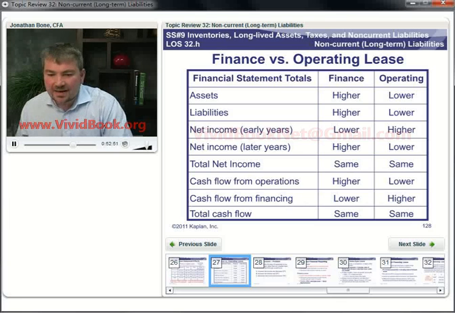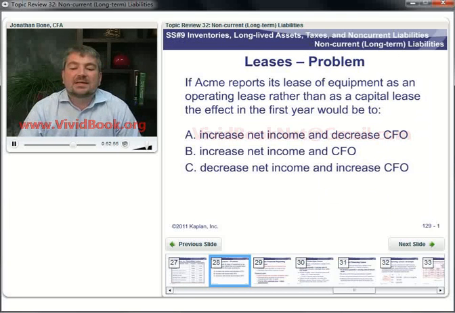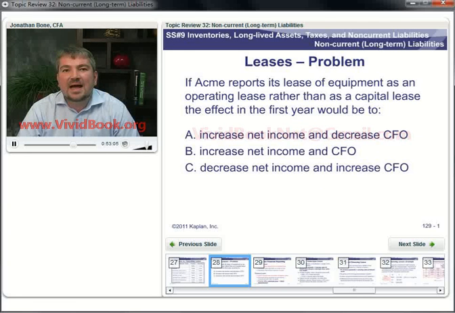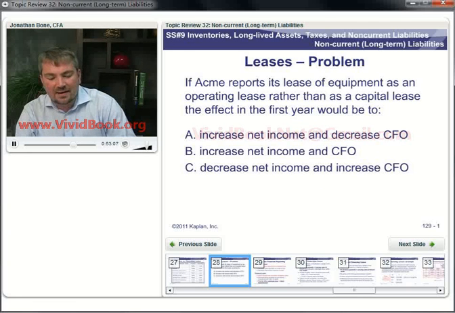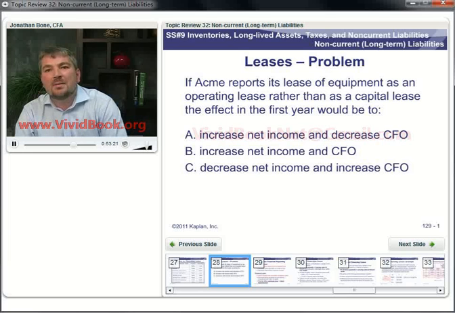Okay, let's have a look at a little question then, a little leases problem. Acme reports its lease of equipment as an operating lease rather than a capital lease. The effect in the first year would be to, well, if you have an operating lease, you're going to have higher net income. Okay, now that rules out therefore C, so we can get rid of that one. If you have an operating lease, everything goes through CFO, of course, so you're going to get a lower CFO. So if you have it as an operating lease, you're going to have higher net income, but a lower CFO. So our answer should be,